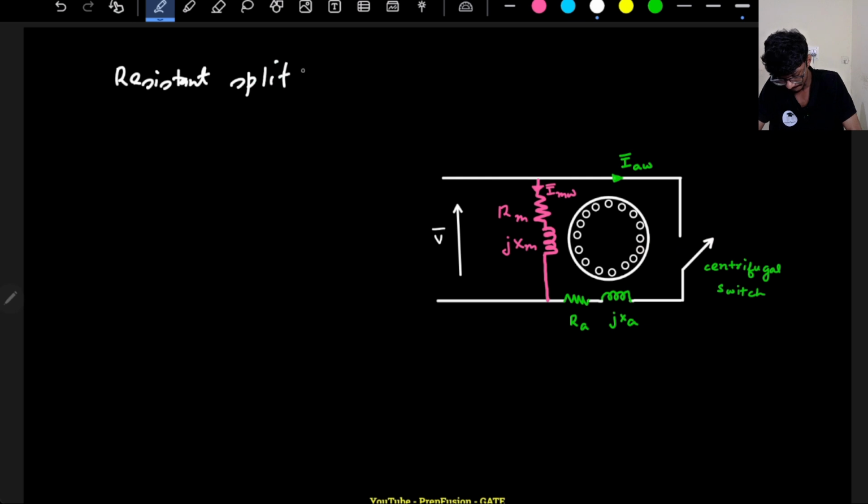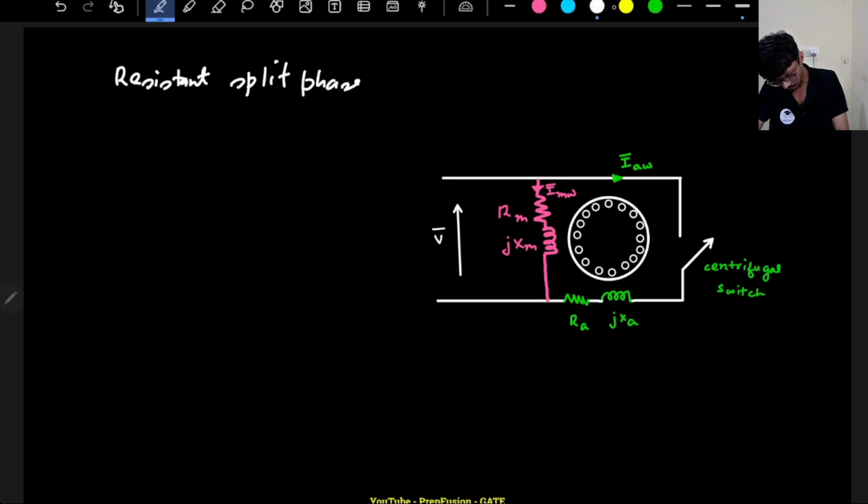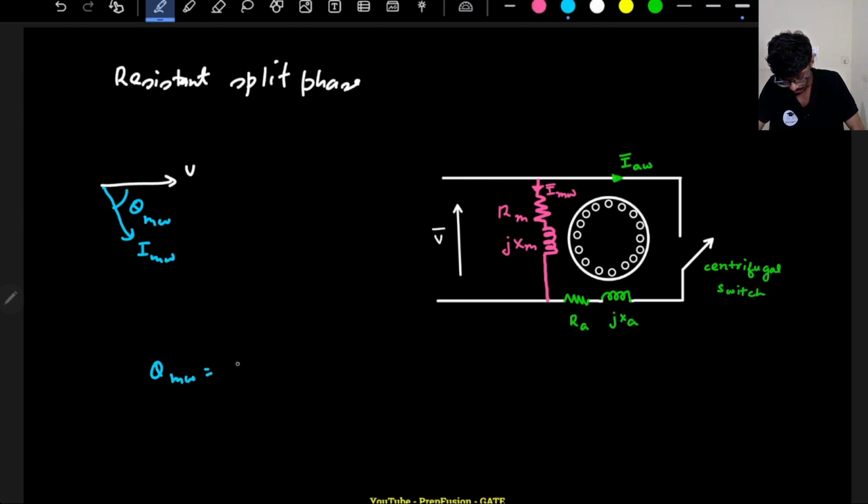So the first one is resistance split phase starting. What I will do is make the resistance different from the main winding. If I add a resistor over here, this will be less lagging. So what is the phase difference? If my voltage angle is here, V, what will be the current I in the main winding? This is theta mw. How will I calculate this theta mw? It's very simple. Theta mw will be equal to tan inverse